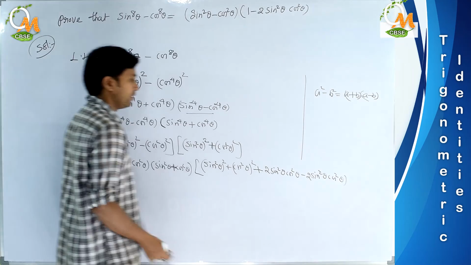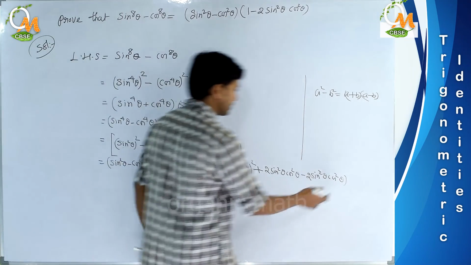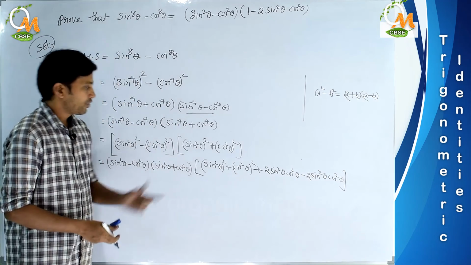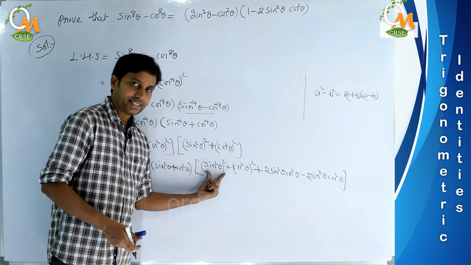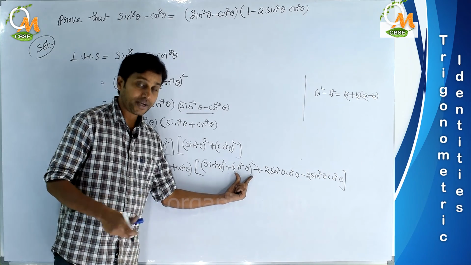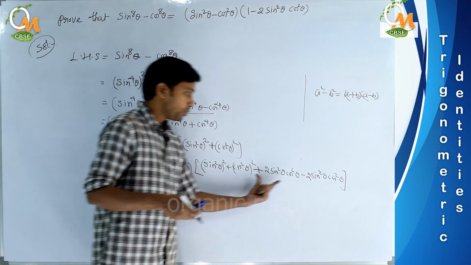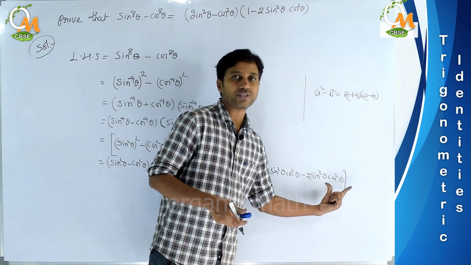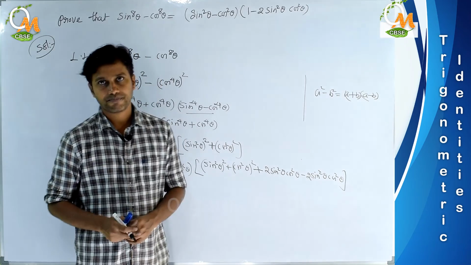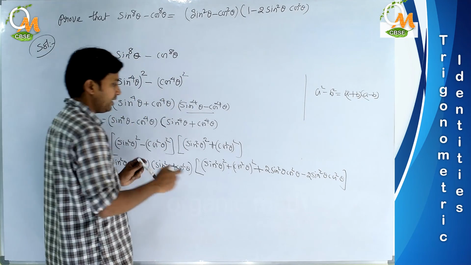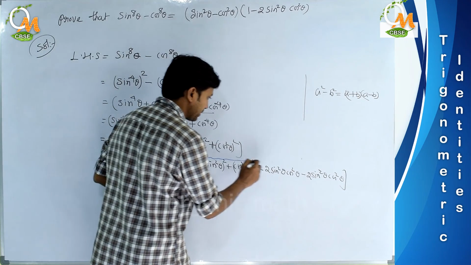What I did here, if you did not understand, let me tell you once again. See this, actually sin square theta whole square I wrote as it is, cos square theta whole square I wrote as it is. Now for my convenience I am adding 2 sin square theta cos square theta and subtracting the same 2 sin square theta cos square theta so that the value remains same. Okay, now why did I do this? Just see, if you observe this bigger expression,